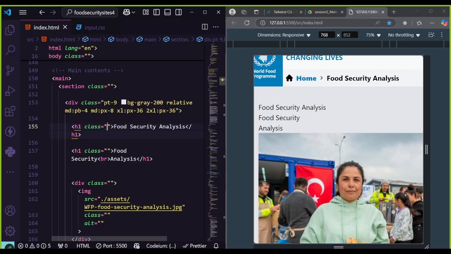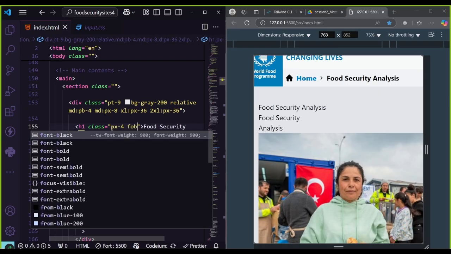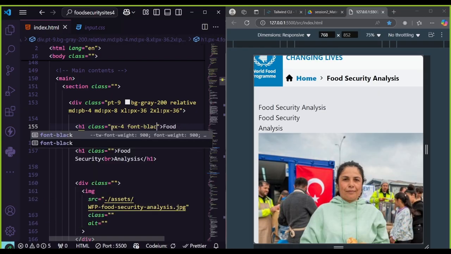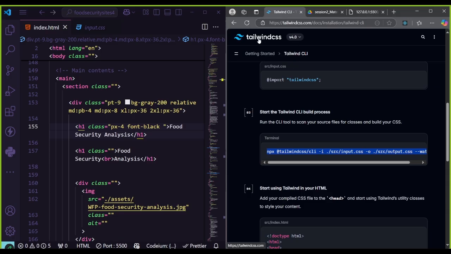So yes, don't worry about it if you cannot do other ways. You can duplicate this, in this case, for this example. Okay, I'm just gonna follow this PS4 font black. Again, font black doesn't mean color. Let's just go to the Tailwind CSS